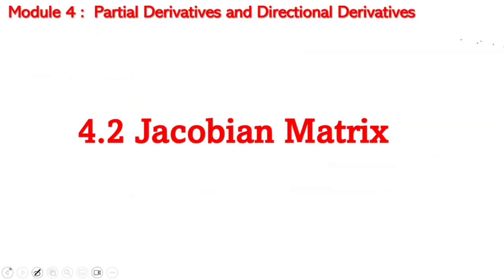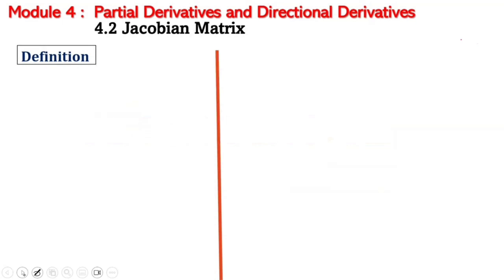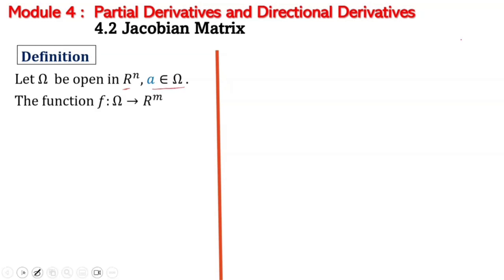4.2, which is the Jacobian matrix. So first we will define the Jacobian matrix. Let omega be open in Rn and A is a point in omega. We define a function f from omega to Rm. So the function is basically from Rn to Rm